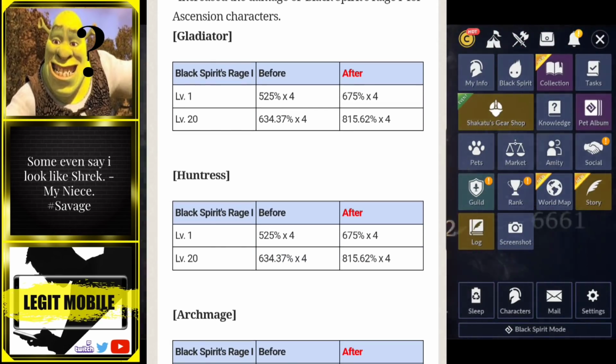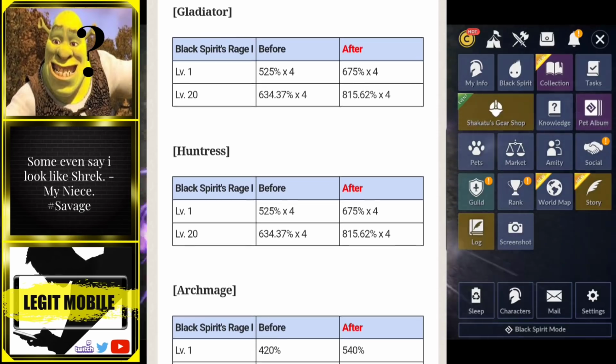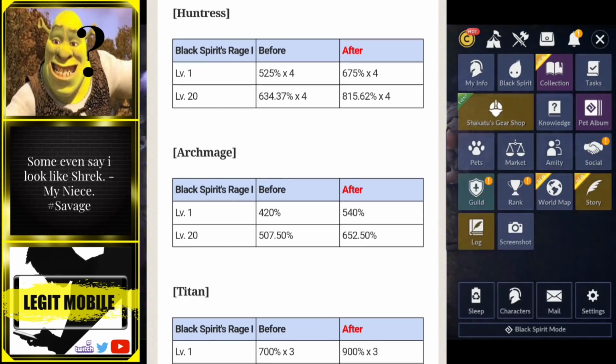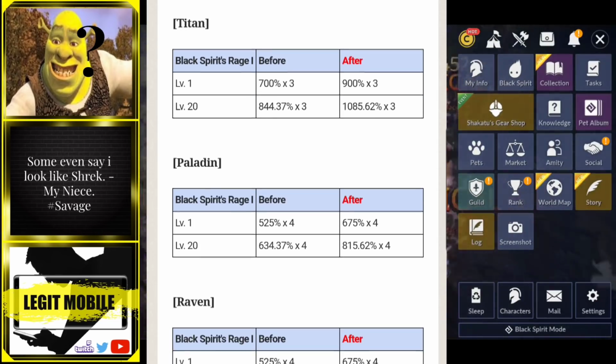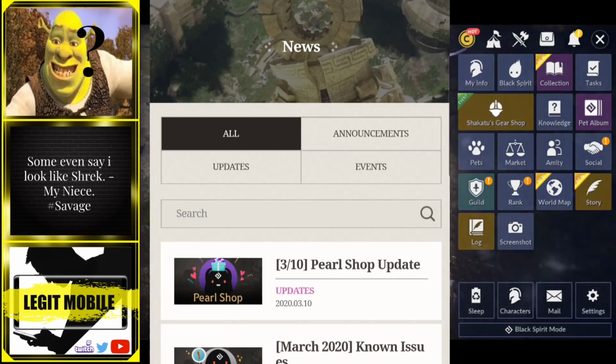You can see the damage increases there, 675 to 815. So all the classes did get an increased damage on their Black Spirit Rage. Before we go into the game and get into the events, I want to talk about the Ramoness tournament that's